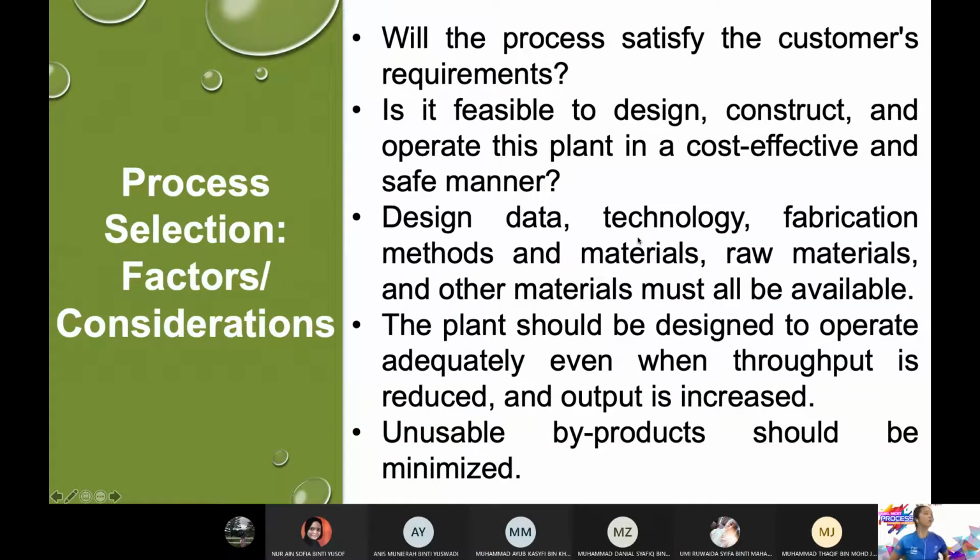Okay, so next one is on process selection. What are the factors to consider? Okay, so this is kamu kena ingat bila saya ajar design project 1, saya hanya beri guideline. Okay, so maksudnya I will teach you what are the factors that you need to consider. However, you must remember, tak semuanya applicable kepada plan kamu. So kamu kena betul-betul fikir dan decide which are these guidelines relevant to your plan.